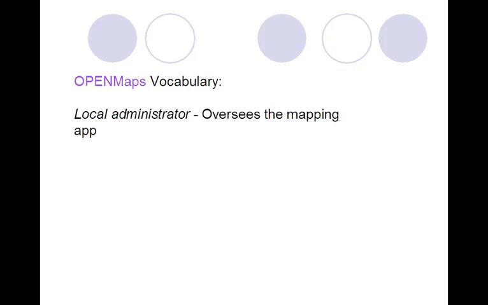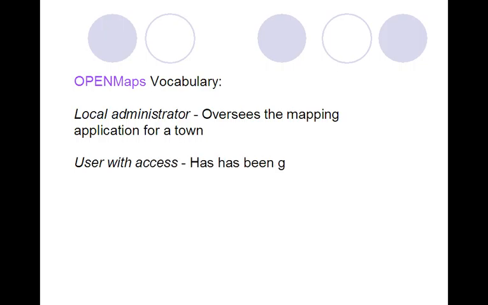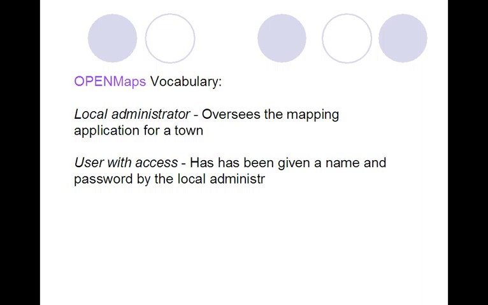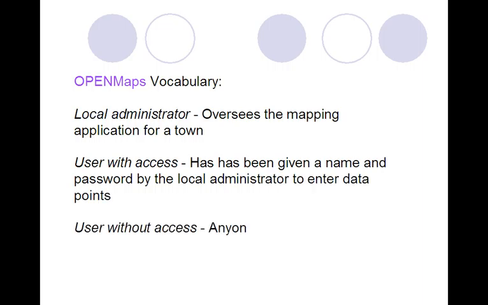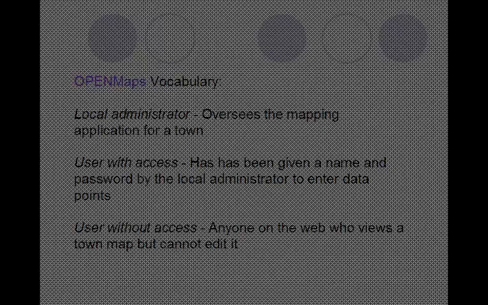The local administrator will want to be strategic about how data is collected, entered, updated, and conveyed. While anyone on the World Wide Web can view your asset map, the local administrator can create logins and passwords for residents, and those with passwords are the only ones who can enter data. Thus, the best way you can ensure that data entry will be accurate, appropriate, standardized, and true to the goal of positive marketing is to grant access only to existing